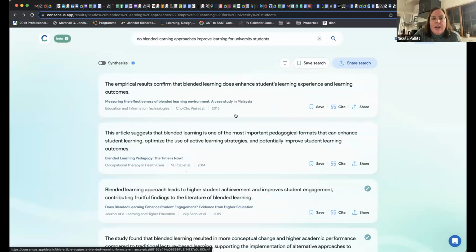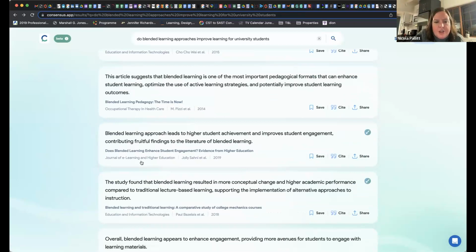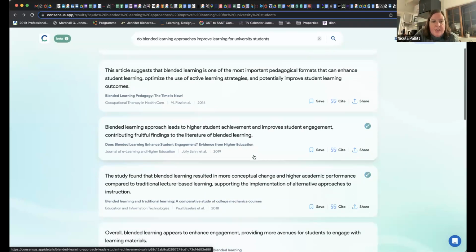You can look at these papers and see what parts they're pulling from. You can see the journal it's from, Journal of E-Learning and Higher Education, the authors, the year. So here, this one: blended learning approach leads to higher student achievement, improves student engagement, contributing fruitful findings to the